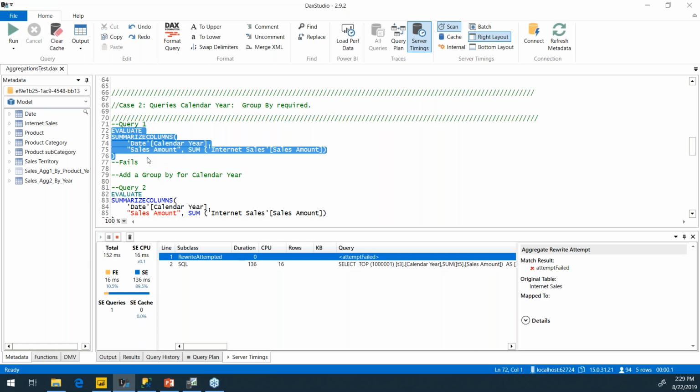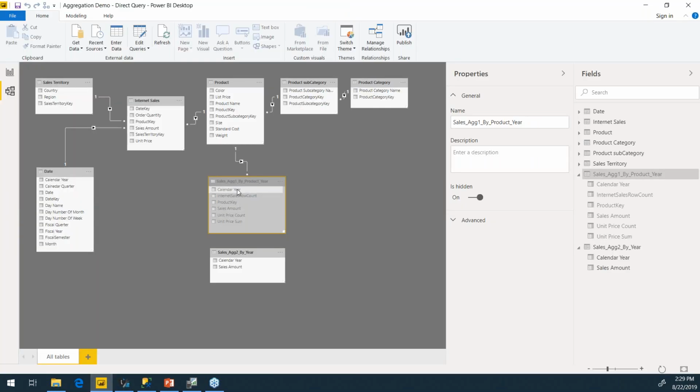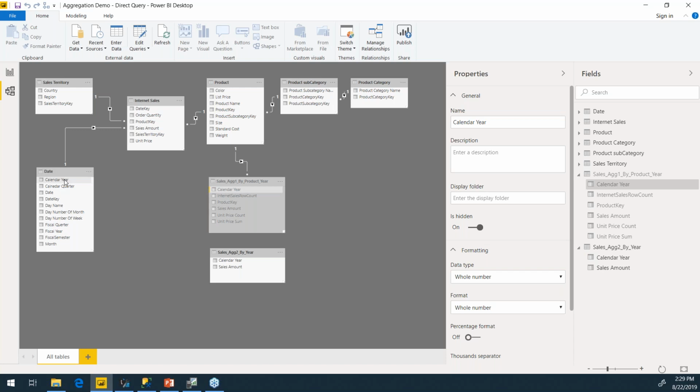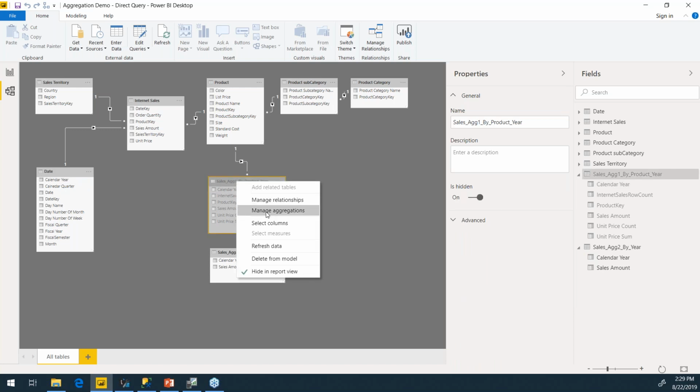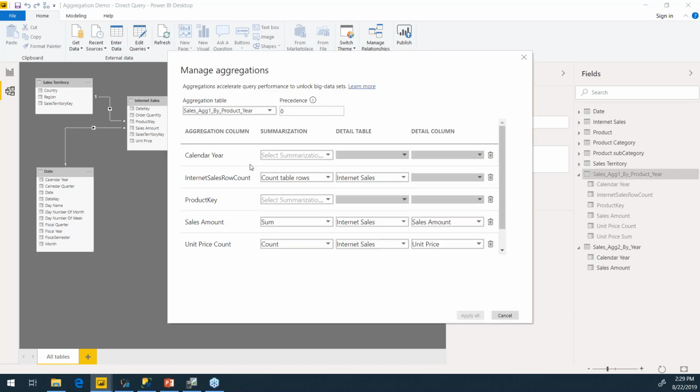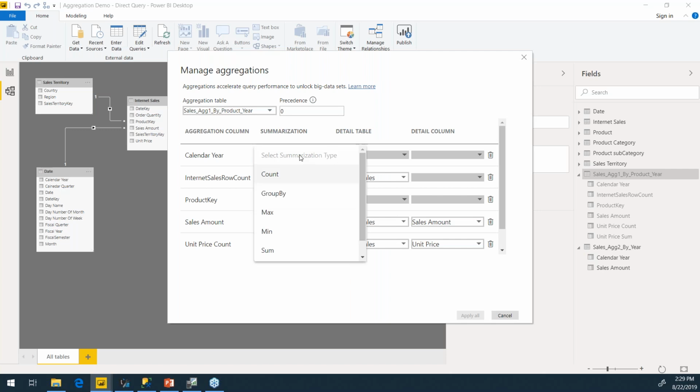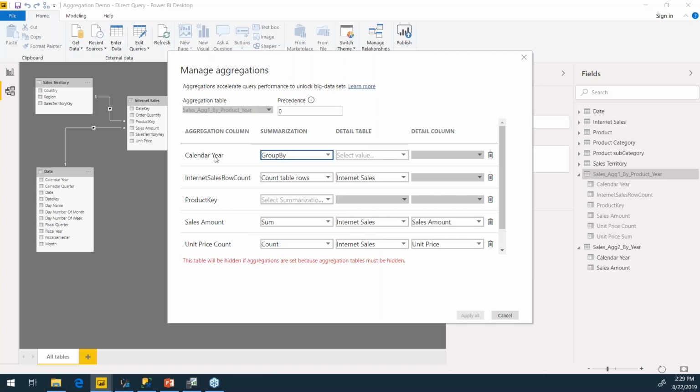How do I tell it that this calendar year is the same calendar year here? Because I cannot connect them. The way I do that is by doing this. I go back to the aggregation, and this time I'm going to choose group by.